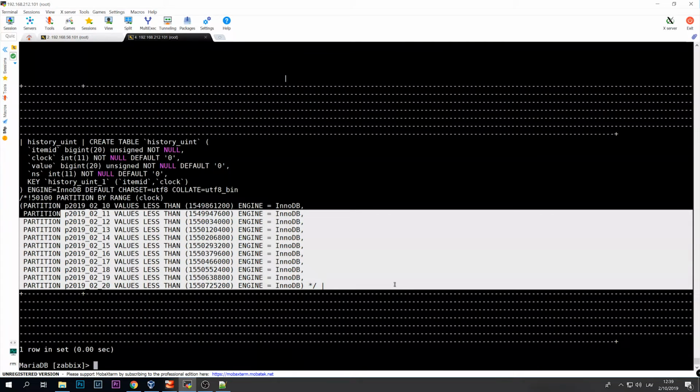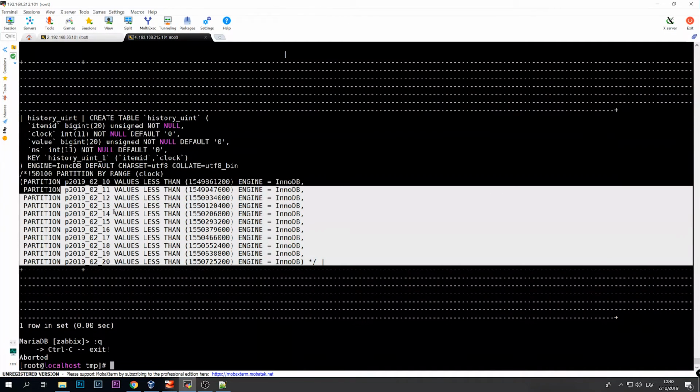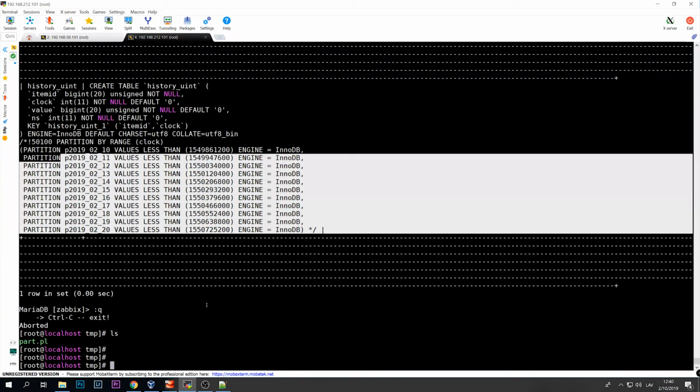for the future. Tomorrow I would run the same partitioning Perl script scheduled by the cron job, and if I had some partitions older than 30 days, the script would simply drop them, and at the same time the script would create partitions 10 days ahead. That's why it's super important that you have this partitioning Perl script configured with cron to execute daily, and